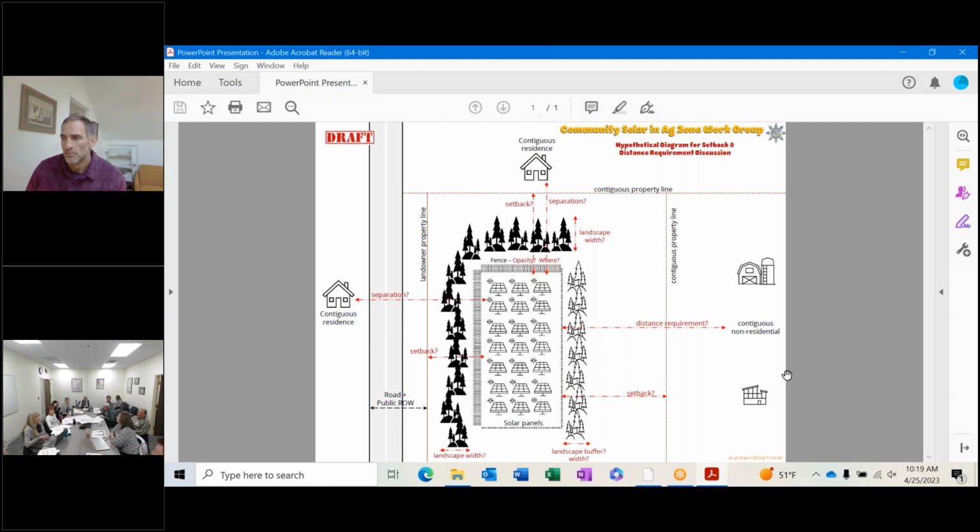So you're saying that it goes through the process and it can go to the planning commission, and I don't know where the BZA comes into play in the current process. It does not in the current process. But a lot of what I was looking at for other counties, this community solar is conditional. It's a conditional use. And we've noted that it was expressed by this group that perhaps this should be a conditional use and not a principal use. That would require going to the BZA early on in the process, and it would be a public meeting to look at what additional conditions from a BZA perspective should be added to the site.